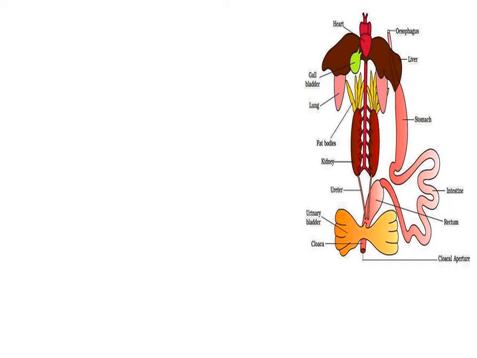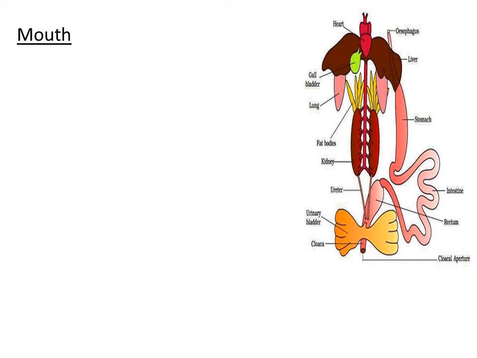This is the diagram. You can notice this is the digestive system of frog. The same diagram is showing the excretory system as well as the digestive system. So you have to concentrate on the right part of the diagram. The first part of the digestive system is mouth. Mouth is the anterior opening that can be seen in the frog. It is actually a wider opening, right? So it encloses a bilobed tongue. The tongue is bilobed in case of frog.